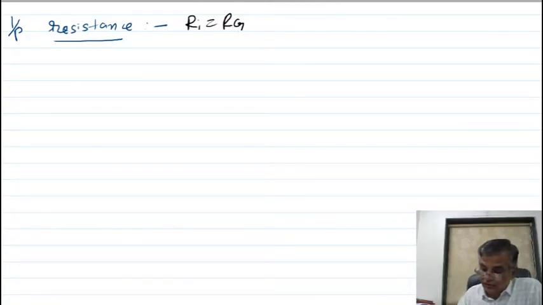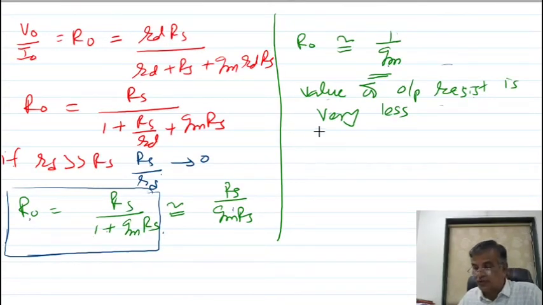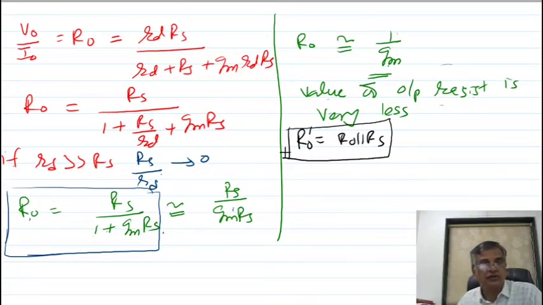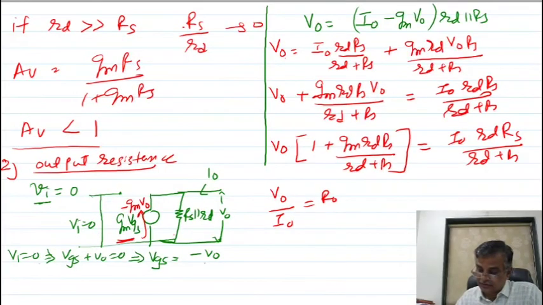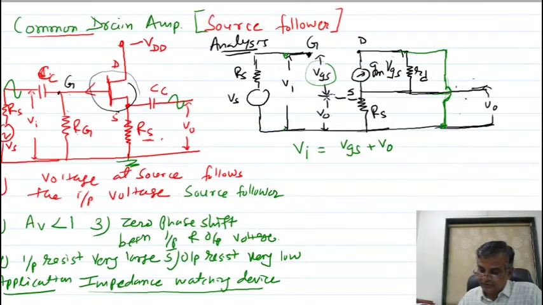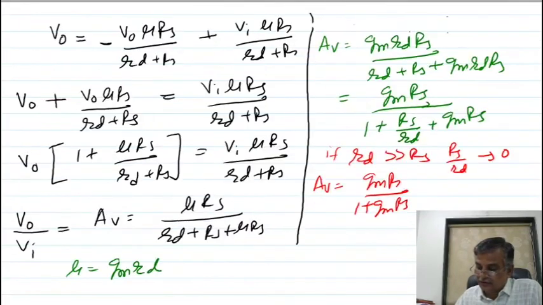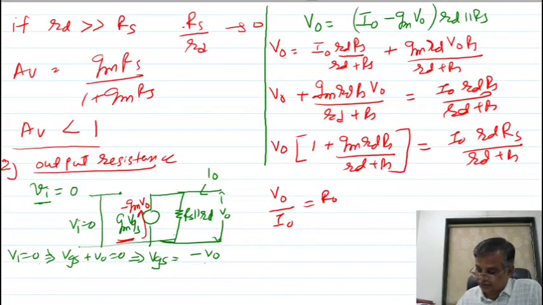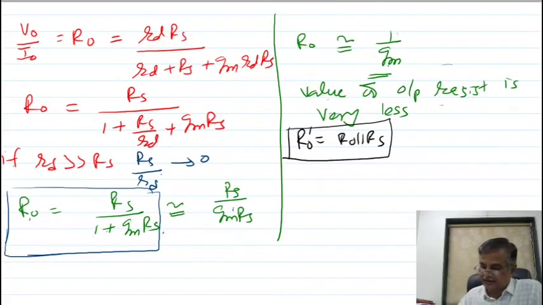Look, 1 minute. Suppose somebody is asking you what the effective output resistance is. Effective output resistance is nothing but the Ro parallel Rs. This I am giving you for 1 mark also. Effective output resistance, because here the output resistance is Ro dash, you have written Ro. So Ro is parallel to Rs, that is your effective output resistance. So remember, the effective output resistance is nothing but Ro parallel Rs.